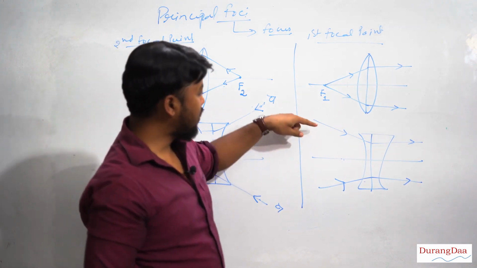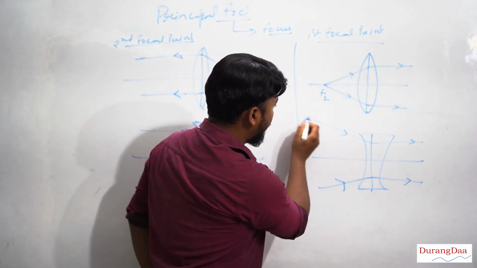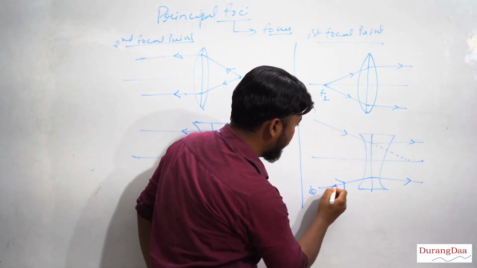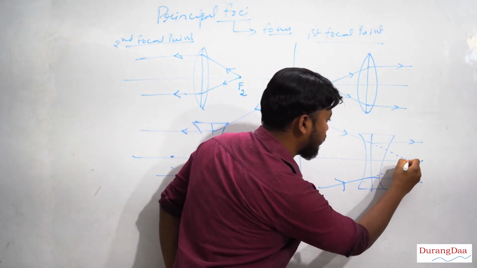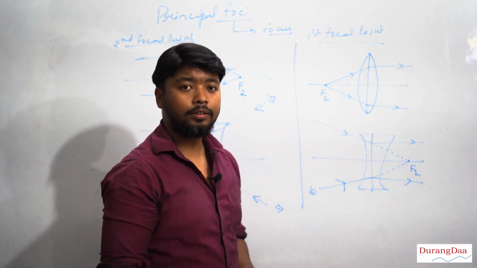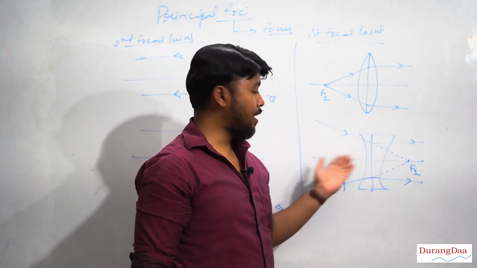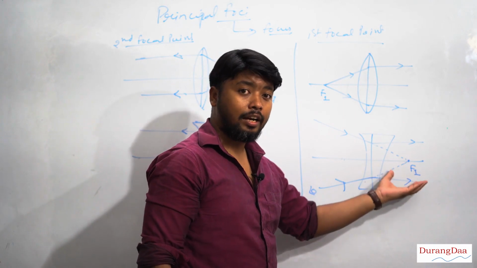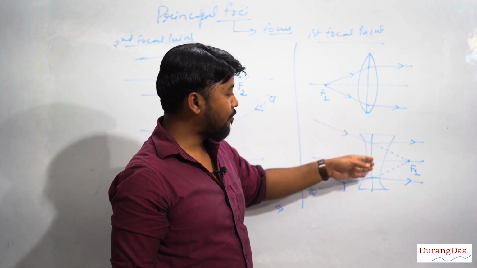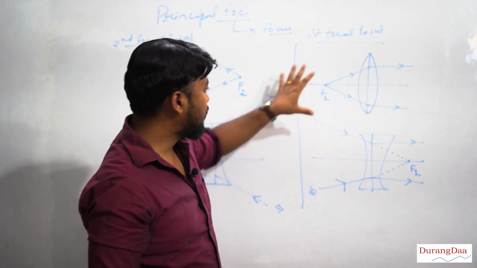Now, as you can see, two rays are directed towards a certain point. If you look from here, you will feel that they are about to reach here. This point over here is your first focal point for the concave lens. If you want to define it, the first focal point is again a point on the principal axis such that if rays of light are incident toward that point, after refraction through the lens, they become parallel to the principal axis. I hope this topic is clear.